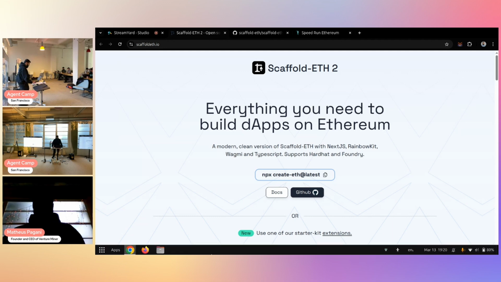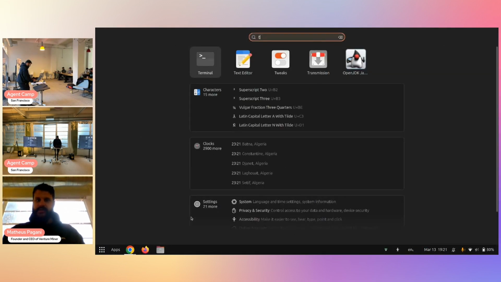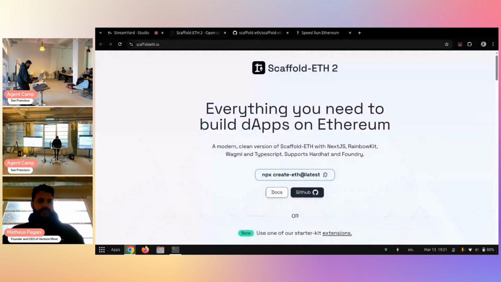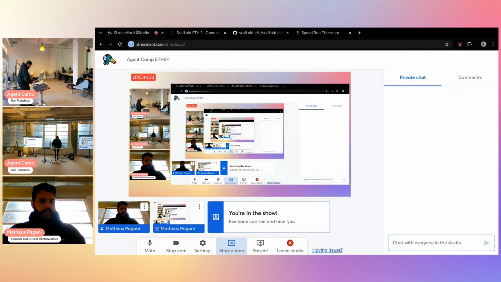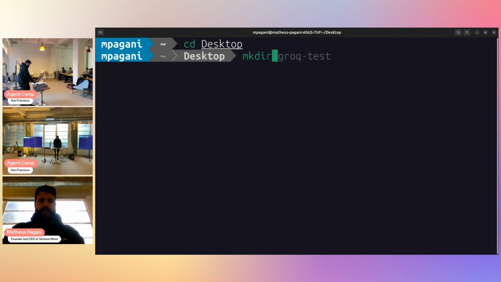Okay. I'm going to pick a folder in my computer, maybe the desktop. Let me open my terminal here. Let's see if the recording is going well. Okay, I guess it is. Let me pick my folder in desktop. Okay, I'm going to create a folder for this. Let's call it Web3 test, whatever name you want to give for a folder.